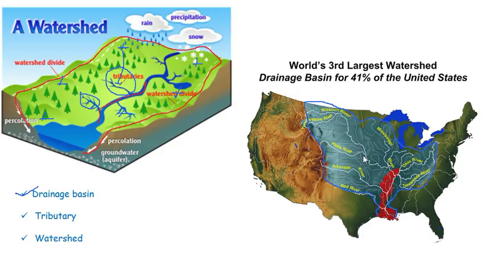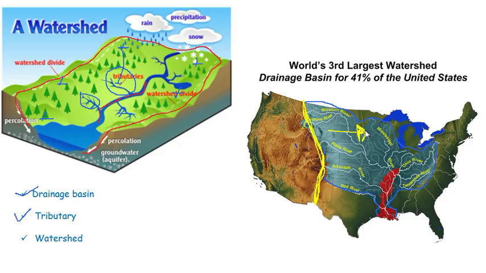So it's a smaller stream or river flowing into a main river. The watershed is, well, this red line that I've drawn on; it's the boundary or dividing line between one drainage basin and another drainage basin. The reason why I've used the Mississippi as an example is because there's one of the world's most famous watersheds called the Continental Divide, which I actually saw this summer on holiday, and it's a high ridge line whereby if it rains